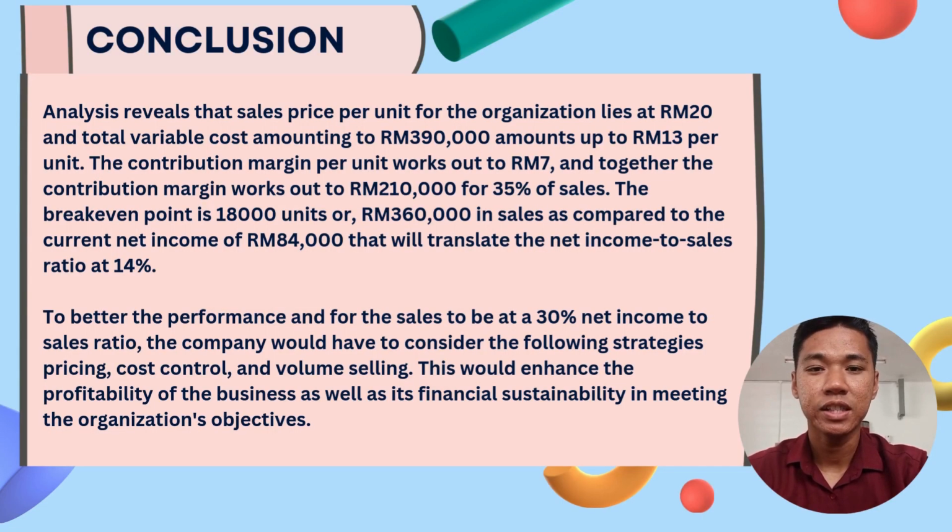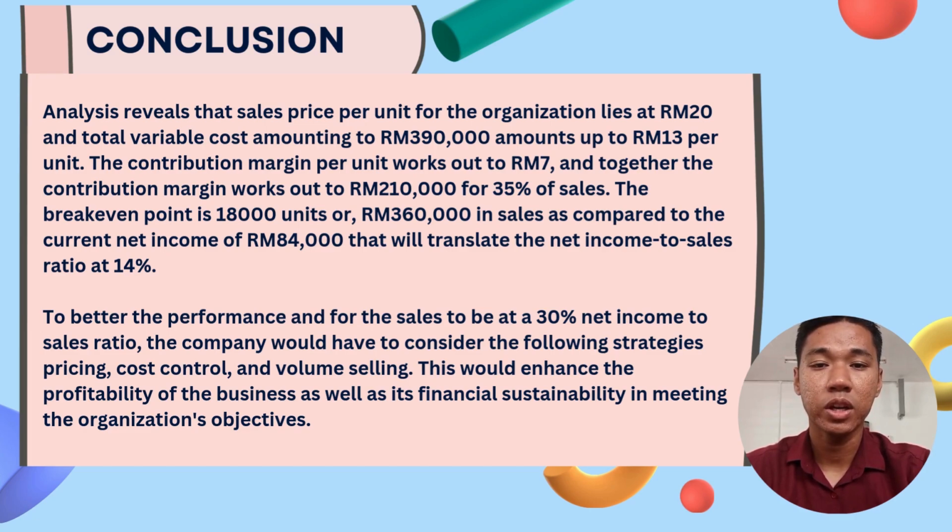For conclusion, the analysis revealed that the sales price per unit for the organization lies at 20 ringgit and the total variable cost amounts to RM390,000, which is 13 ringgit per unit. The contribution margin per unit worked out to RM7 and the total contribution margin worked out to 210,000, which is 35% of sales. The break-even point is 18,000 units or